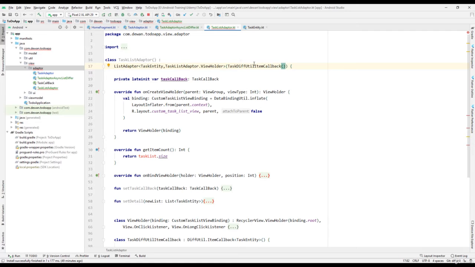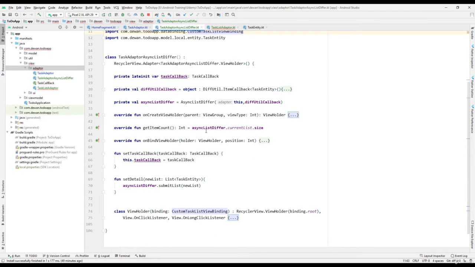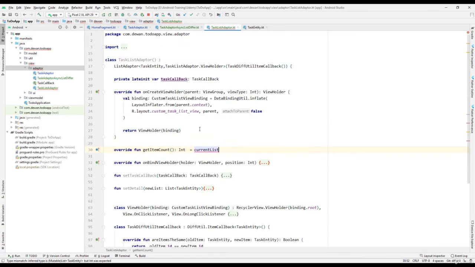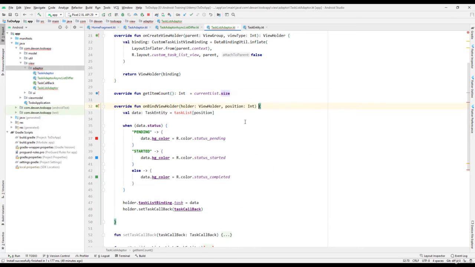Okay, so we have that one, and now on getItemCount, what I have to return is the current list's size. Previously I had to make use of the string list differ because we had created the AsyncListDiffer class over here, and for that I had this size, right? So I can get this size, and over here I can just get the current list